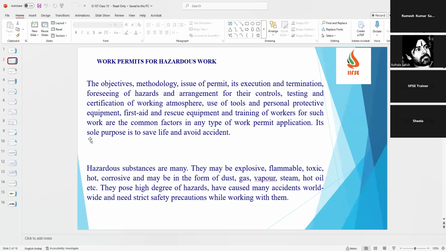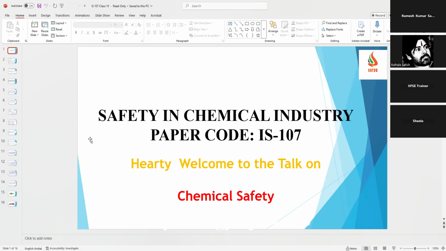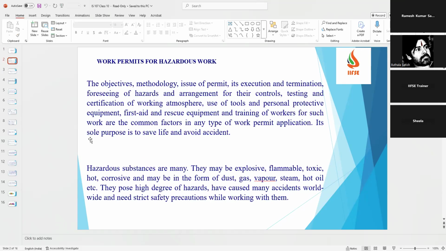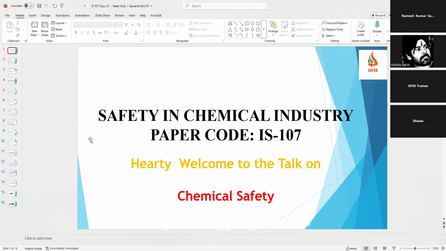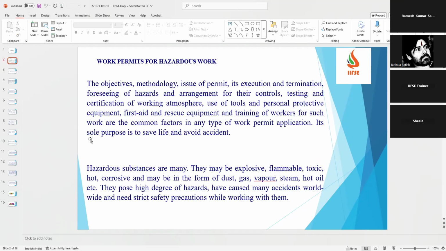Okay. So this is going to be the last topic for the chemical safety. Sometimes my presentation may be jumping here and there. Without my intention, my software is having some issue, it seems. Okay. So work permits for hazardous works or dangerous activities. We'll see now which activities fall under this, and what precautions are to be taken while performing such activities